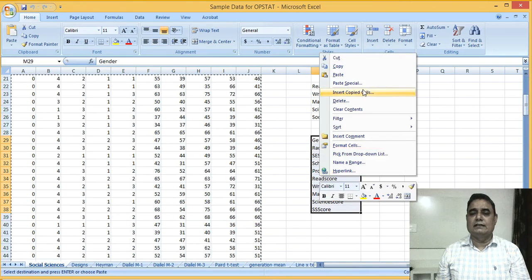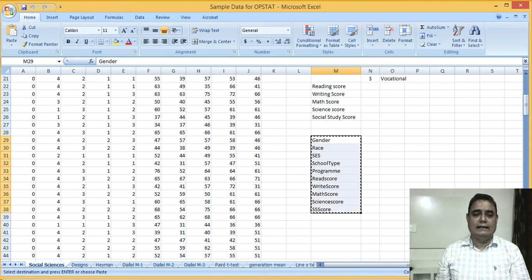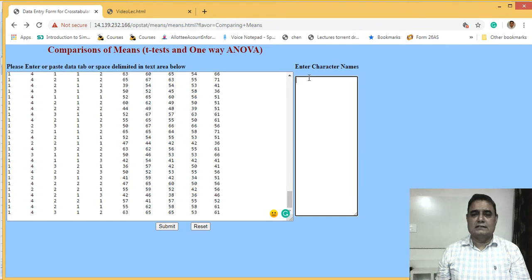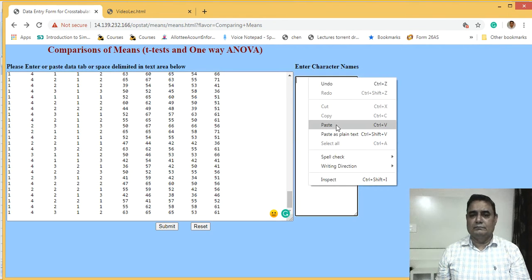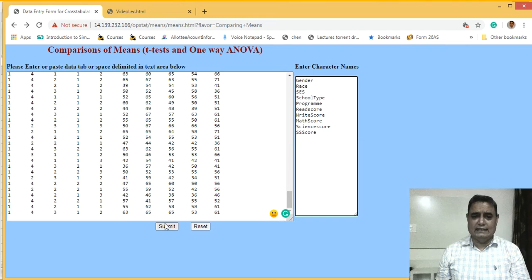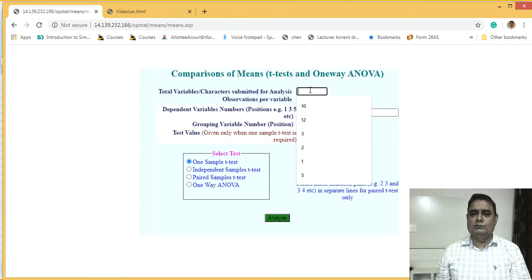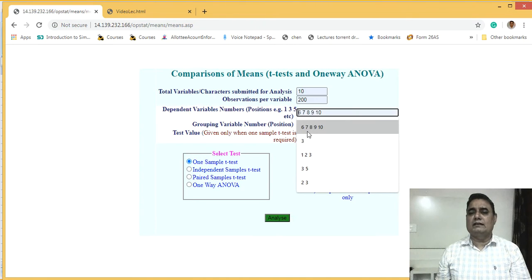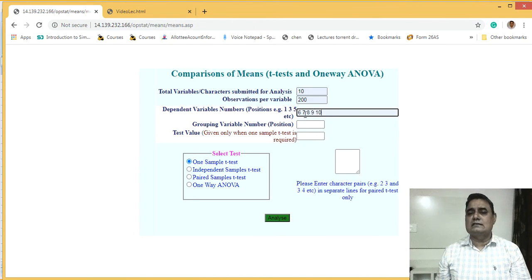So these are the variables. I copy them and paste in the characters name text box and then submit. Now the same question you have to ask. We have 10 variables, and out of these 10 variables, we have 200 observations per variable. Our target variables are 6, 7, 8, 9, 10.